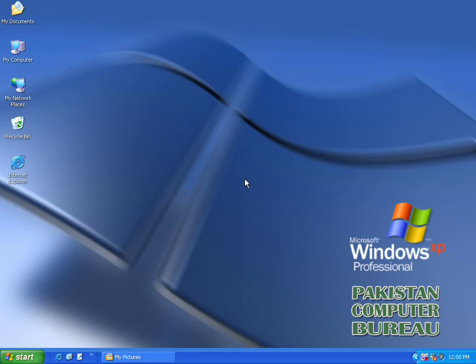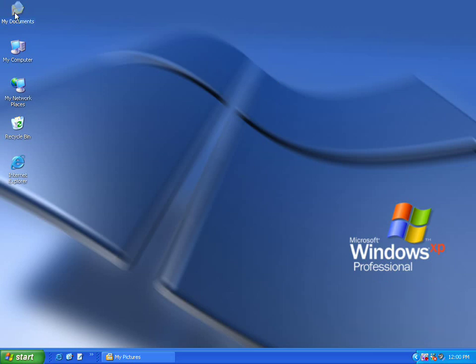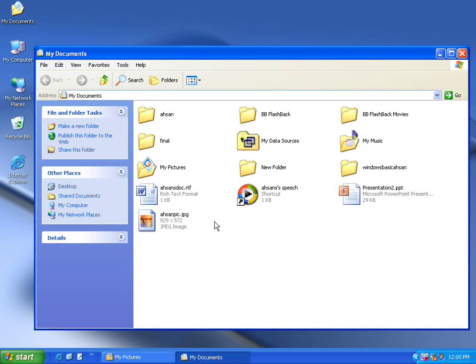Folder views. In this section we are going to look at the different views when you open a folder. I'm going to click on My Documents. Notice it is in Task View because that was the last view I was in when I was viewing my